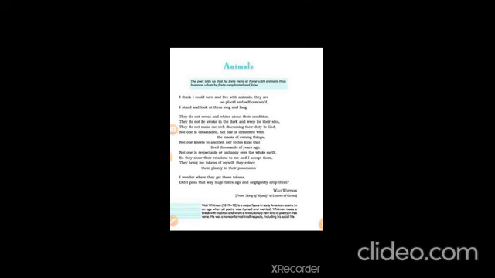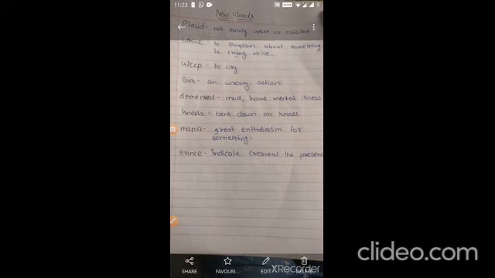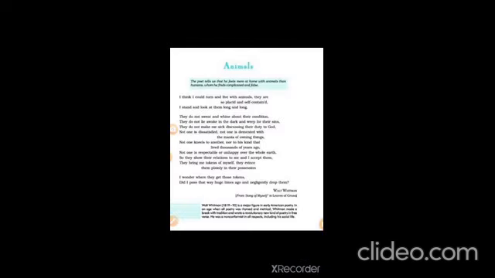Now let us go through all the new words once. Placid, not easily upset or excited. Whine, to complain about something in a crying voice. Weep, to cry. Sins, a wrong decision or action. Demented, mad or having a mental illness. Kneels, bent down on knees. Mania, great enthusiasm for something. Evinces, to indicate or reveal the presence. So here our poem ends.